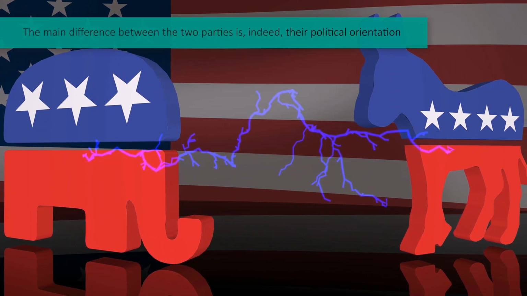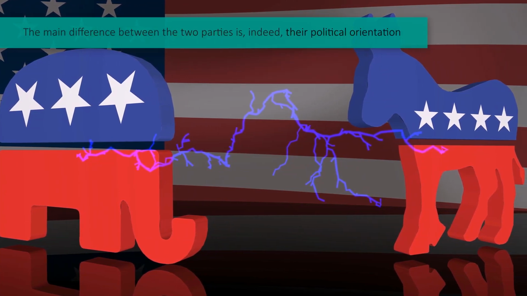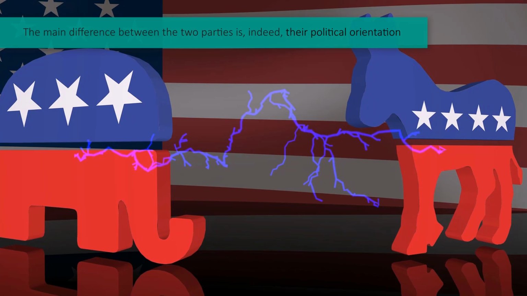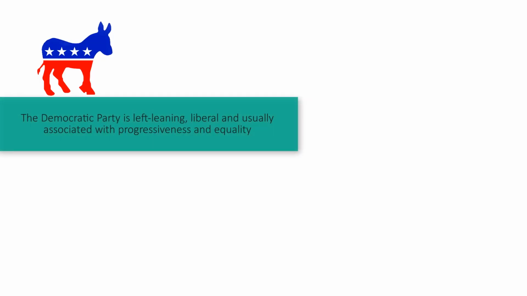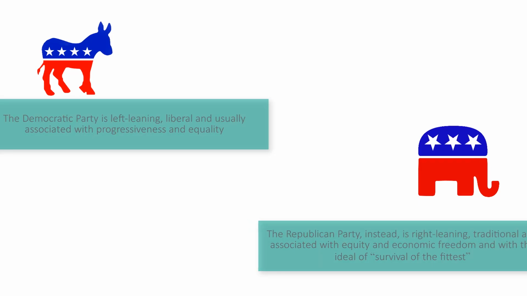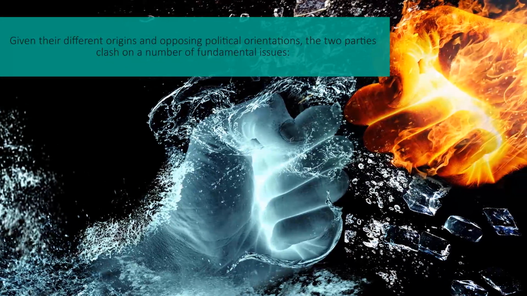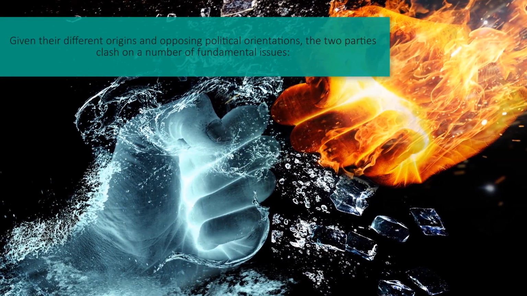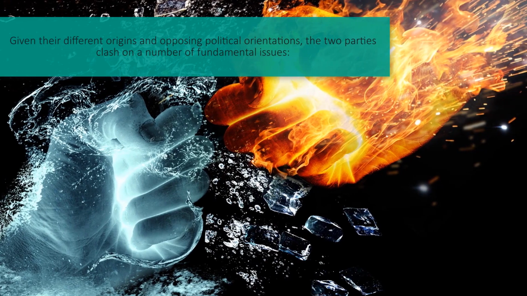The main difference between the two parties is, indeed, their political orientation. The Democratic Party is left-leaning, liberal and usually associated with progressiveness and equality. The Republican Party, instead, is right-leaning, traditional and associated with equity and economic freedom and with the ideal of survival of the fittest. Given their different origins and opposing political orientations, the two parties clash on a number of fundamental